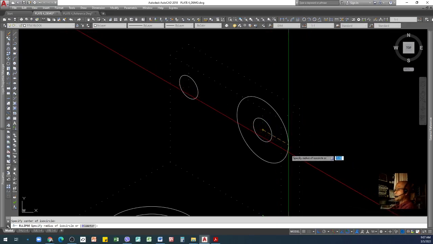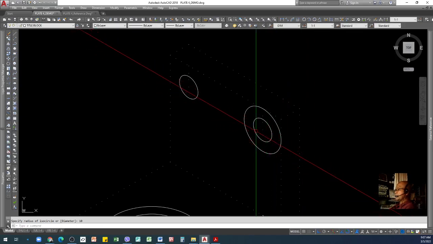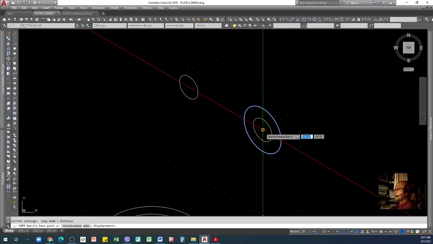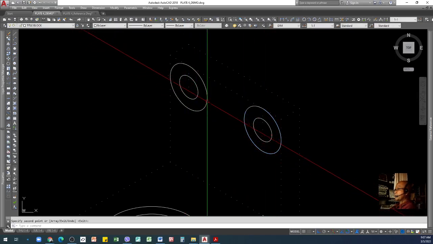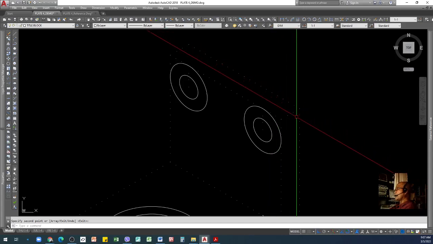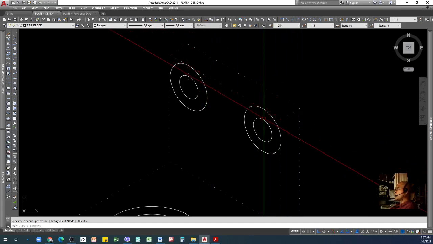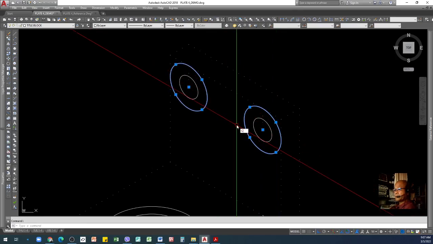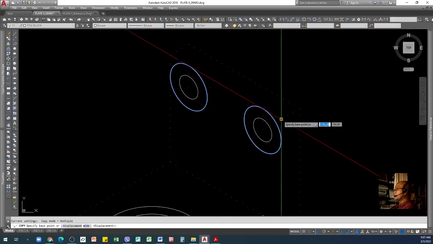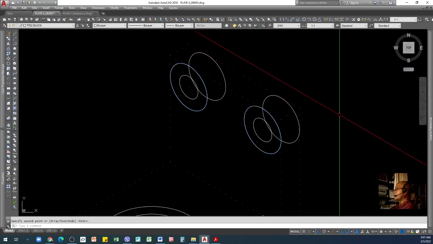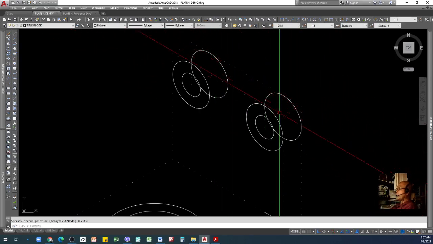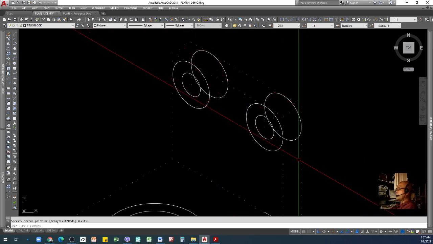For the radius, I need to type 10. The same thing, copy. We need an arc on the other side, so all we need to do is copy these two, use this corner here, and bring it there. See, that's how the arc is formed now.